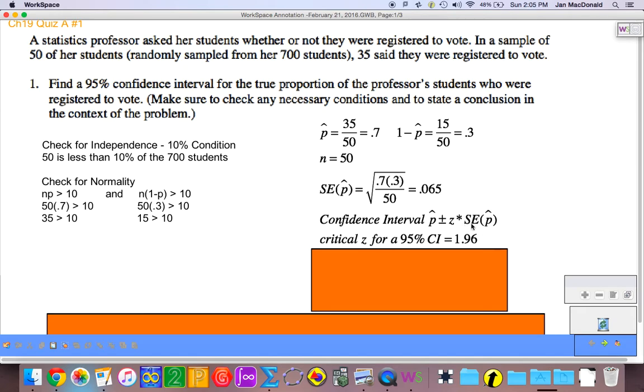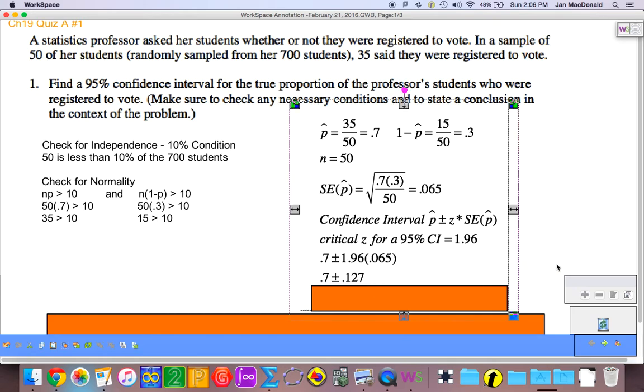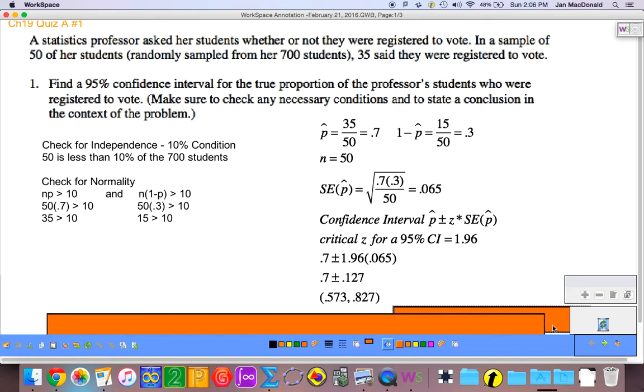Our standard error is in our calculator. We're just going to hit times 1.96. Okay, and we roughly get 0.127. So we're going to have p hat plus or minus 0.127. So again, take a minute and please find 0.7 plus 0.127 and 0.7 minus 0.127. And we get a confidence interval of